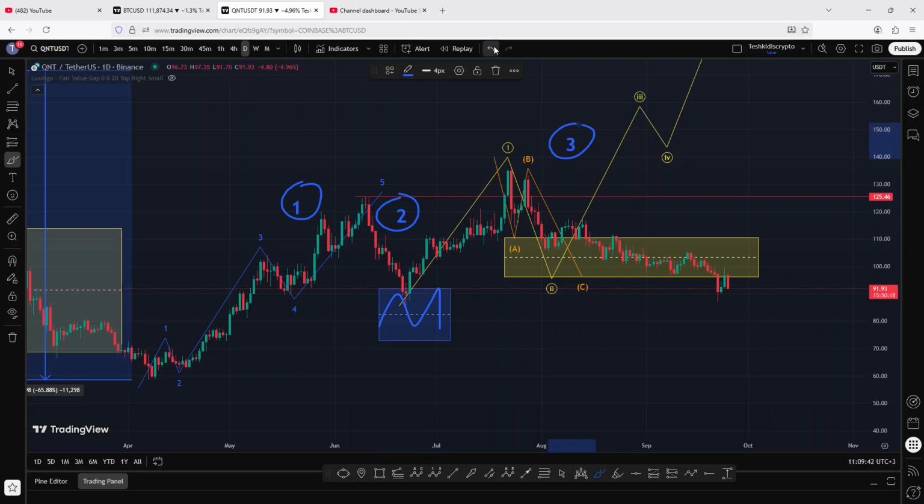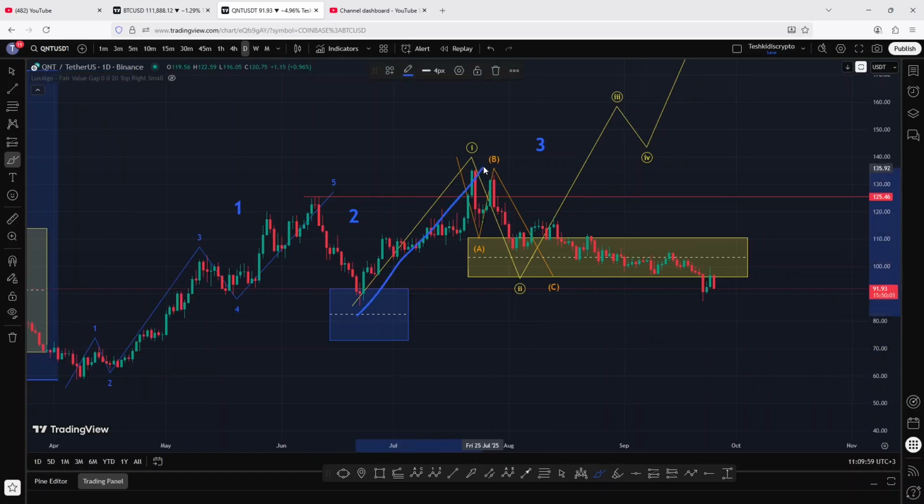And in the formation of that wave 3, which is an impulse, just like the formation of that first wave, I have been expecting to see a 5-wave structure also unfolding. And from the lows we made in the formation of the second wave, you can see that I have been terming that initial bounce as the formation of the first wave, then a pullback in the formation of this wave 2. And I have been expecting that we are going to get a reaction within the minimum target area for the second wave to the upper side, starting the next leg to the upper side in the formation of this